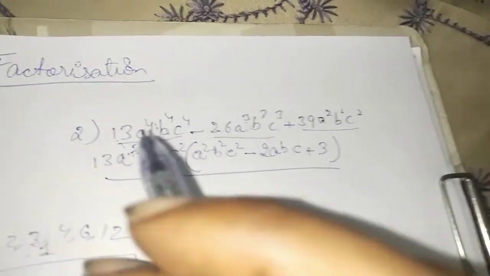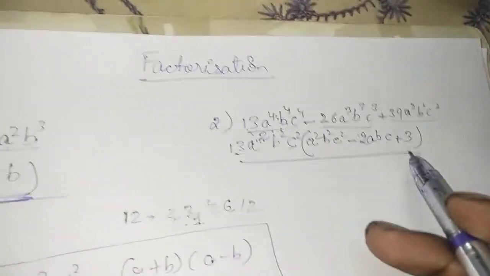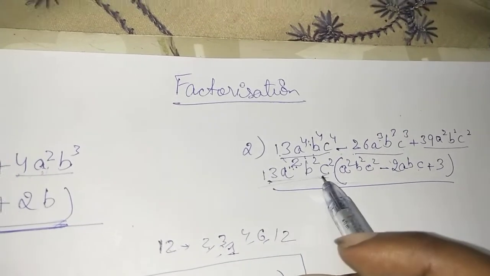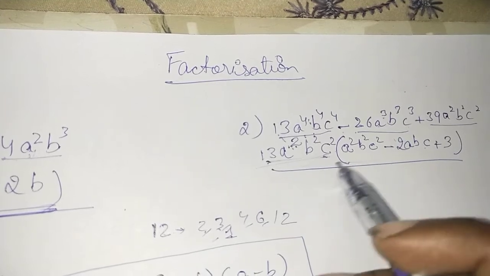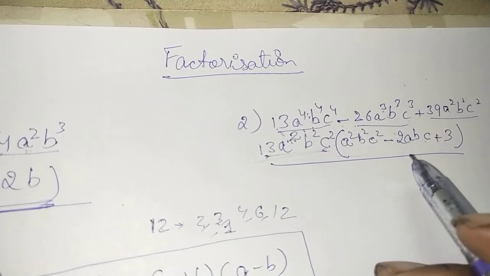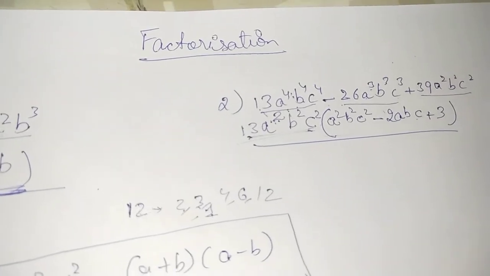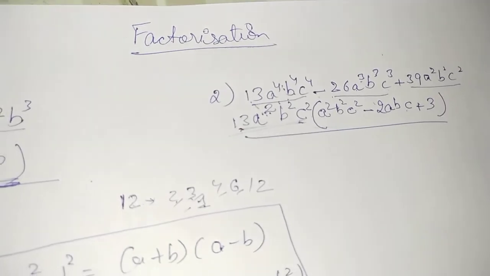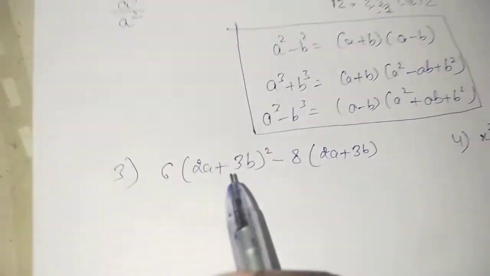So what we can see is that we are having something getting multiplied by a bracket. So this is what is basically a factor: a bracket could be multiplied by a single term, or a single term could be multiplied by another single term, or even a bracket getting multiplied by a bracket, but we will never ever get a bracket getting added to another bracket. That is not factorizing. That is like we are having the terms and we need to simplify it to factorize it. Let's take up this question.